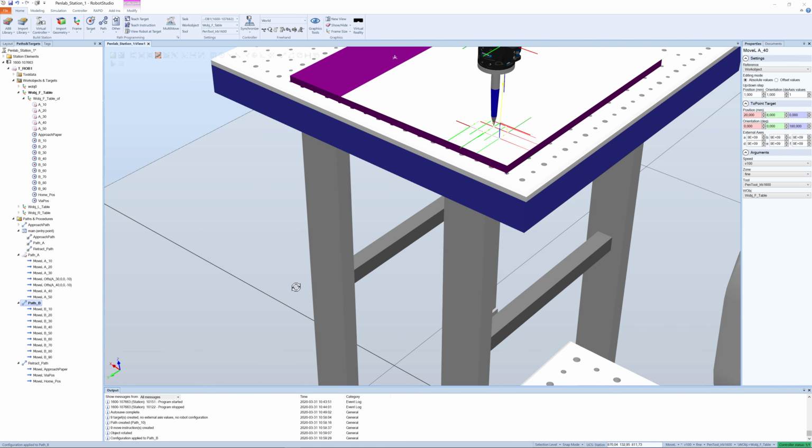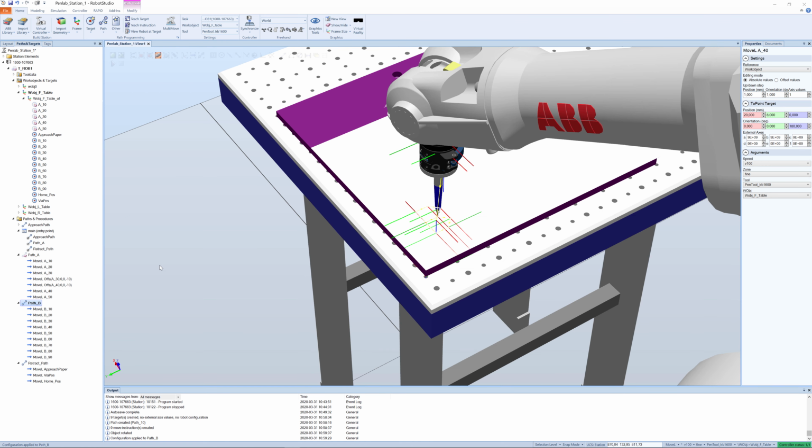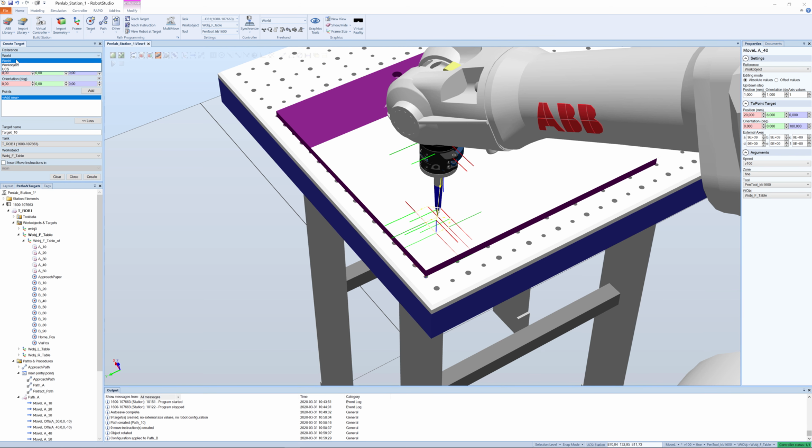So yeah, we do like this. We define the C as well. That's pretty simple. It's actually only 3 targets, nothing more. So we do like this. We go to target, create target, set the work object, and target name is C, and we set this right away on 180 degrees on the Z orientation around the Z axis, and the starting point